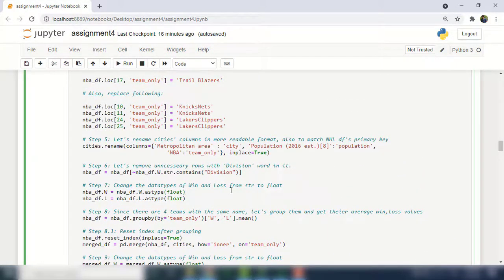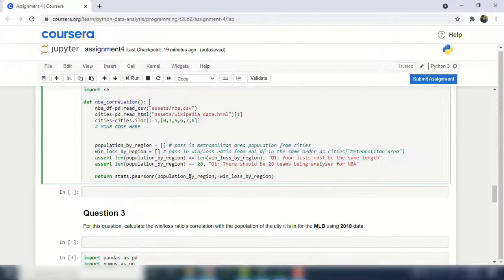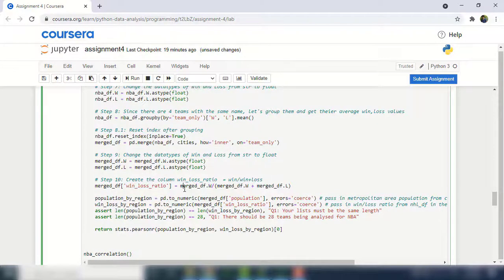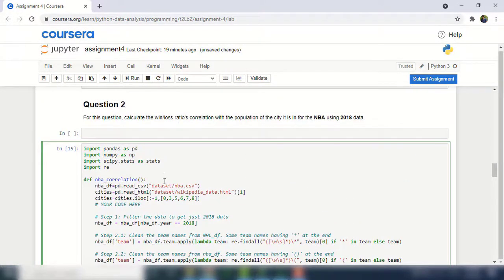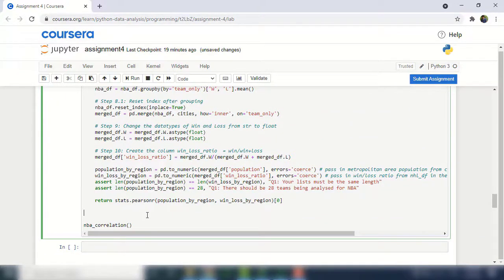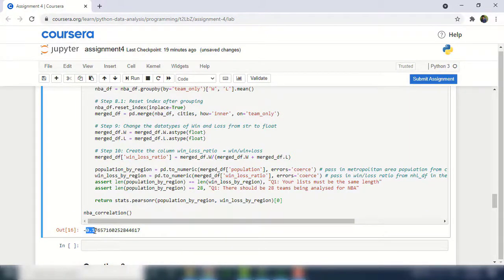All right, so let's copy everything and take it to the Coursera platform. Question number 2. Yeah, here it is blank right now. Let's paste everything here, with the only change that instead of this dataset we have assets here. Let's run this to make sure there is no error and we are getting the same. Yeah, here we are getting negative. All right, let's hit submit